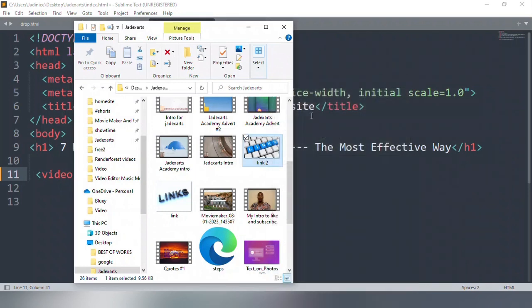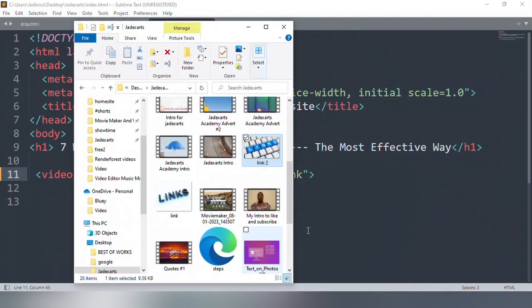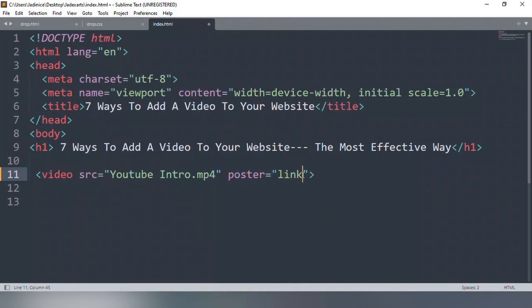So I'm going to write it, link to, okay, there was a space, link to .jpeg. If yours happens to be PNG, you add .png.